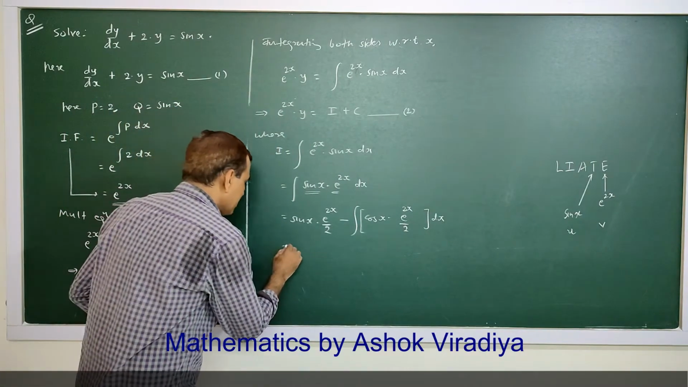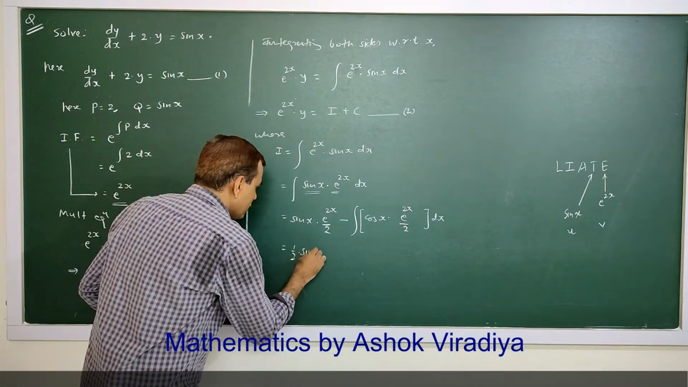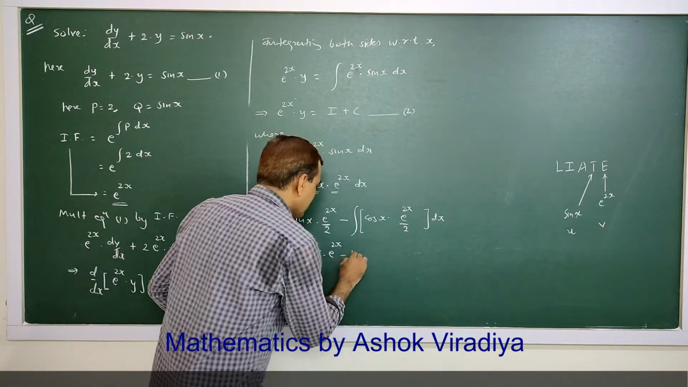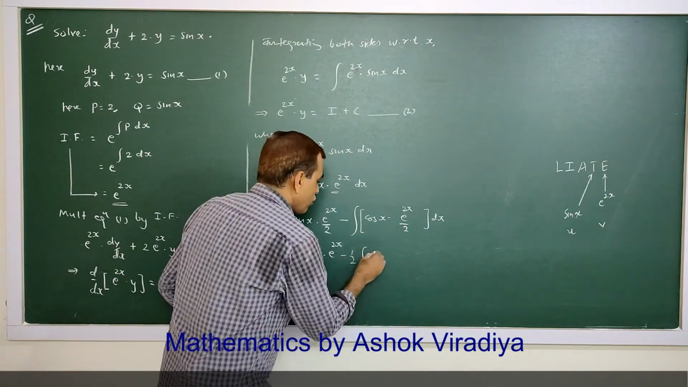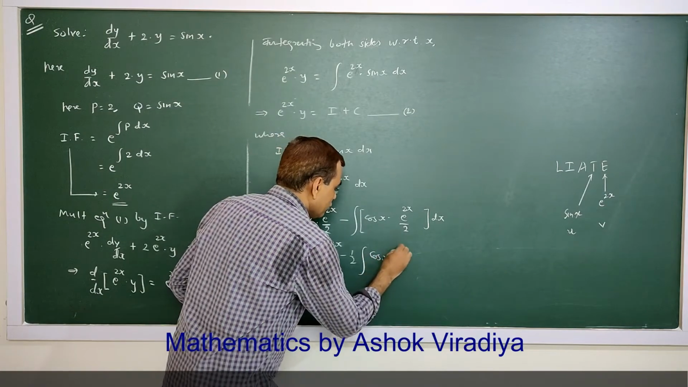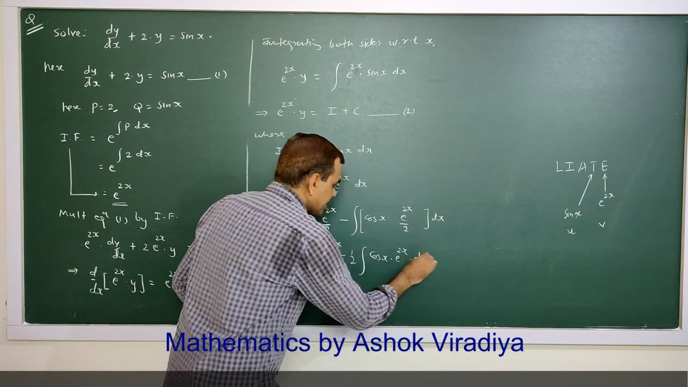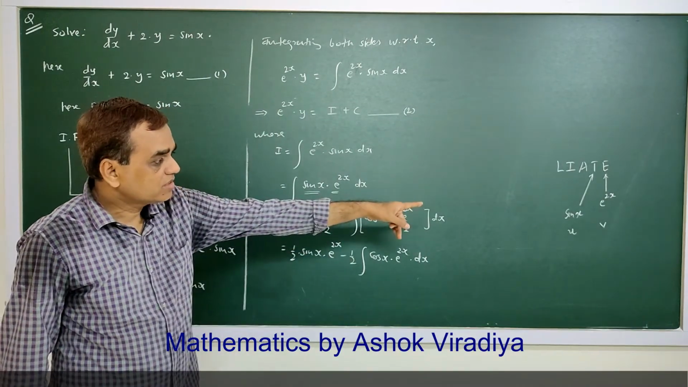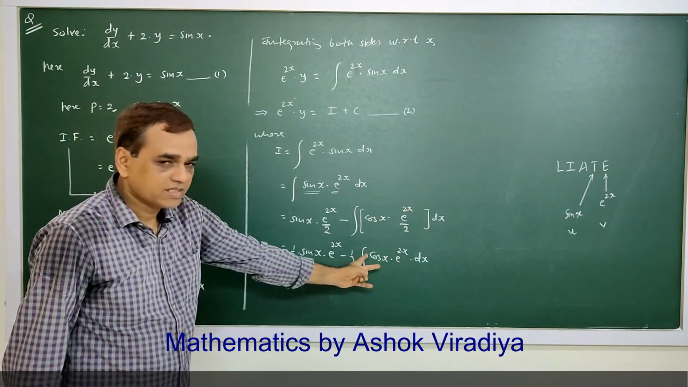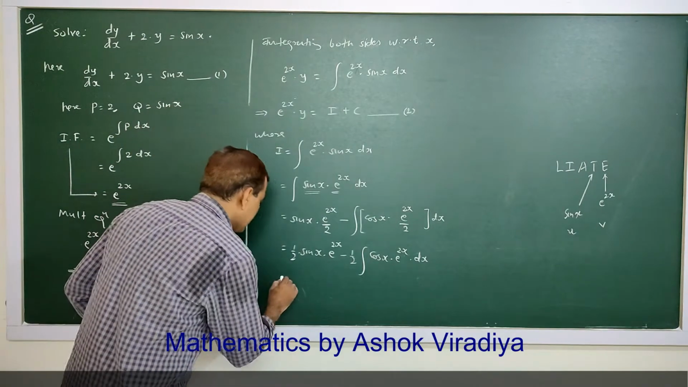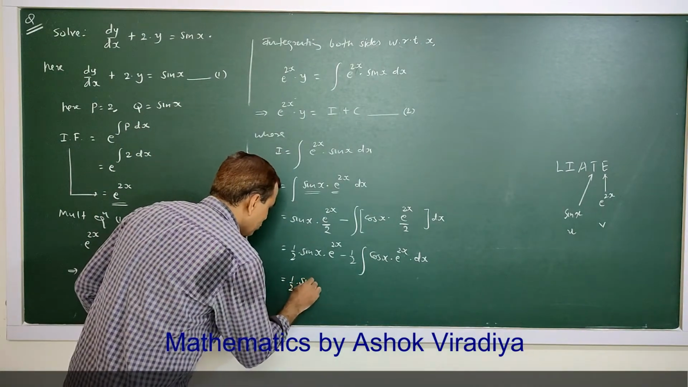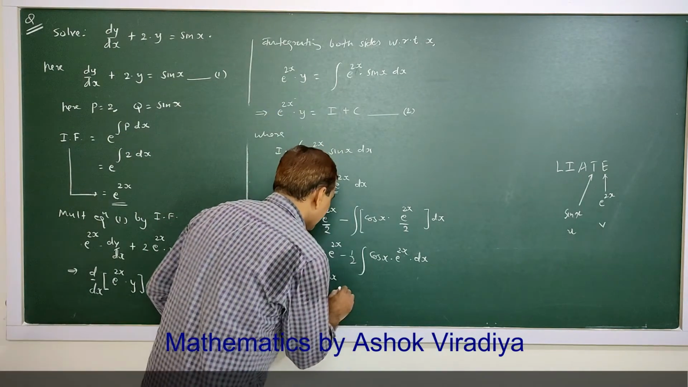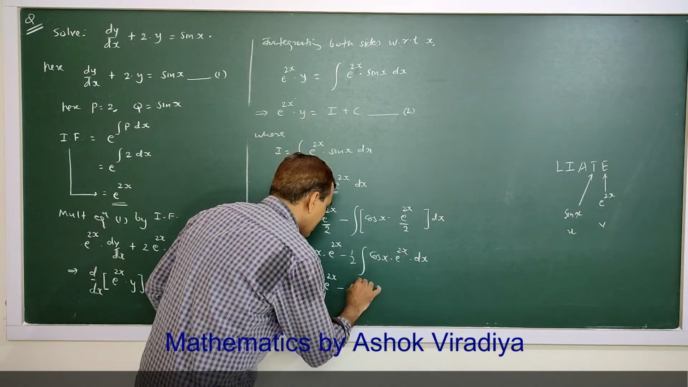So that is 1 by 2 sin x into e raised to 2x minus 1 by 2 cos x into e raised to 2x dx. Now once again we use the rule of integration by parts in this step. So it is equal to 1 by 2 sin x into e raised to 2x minus 1 by 2, now in bracket